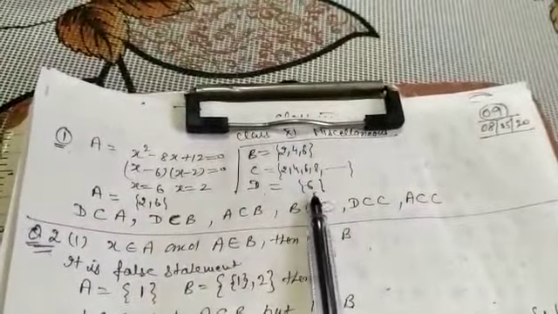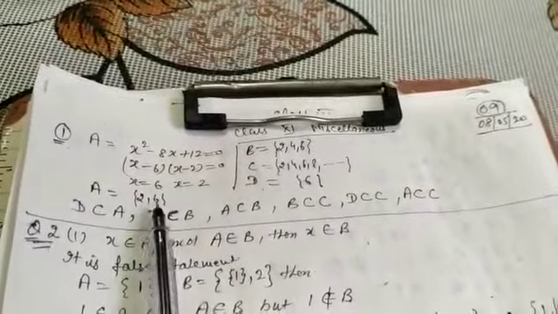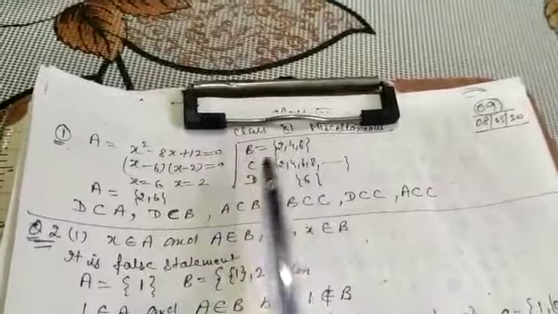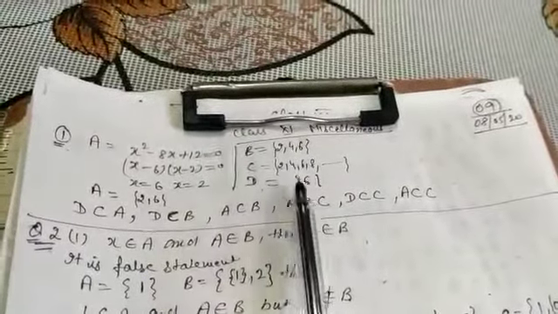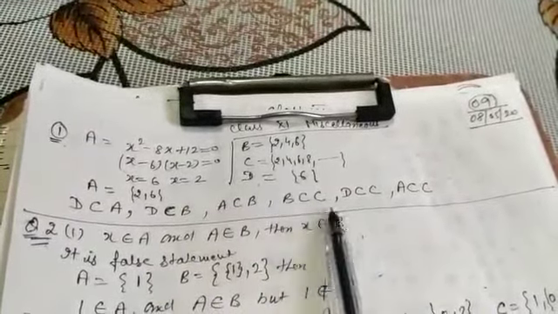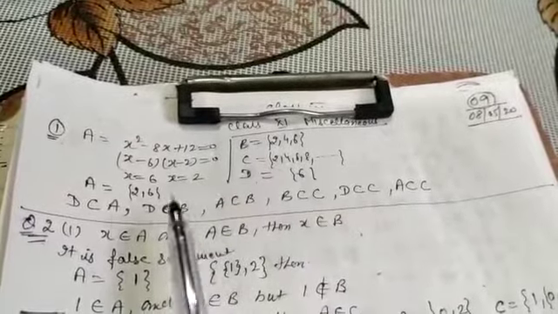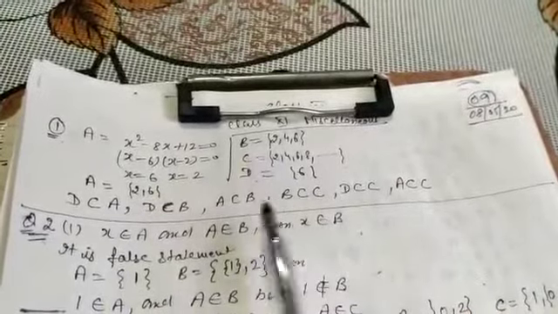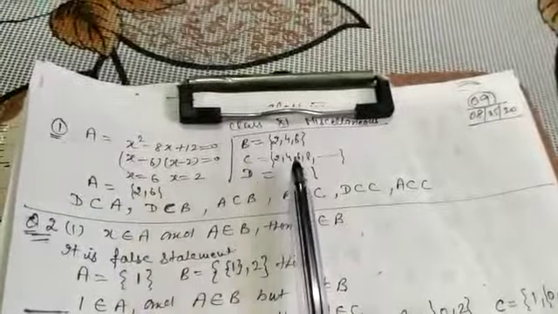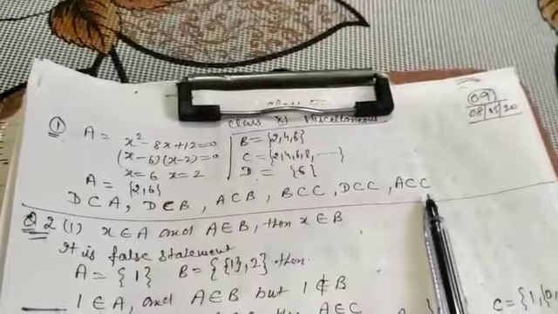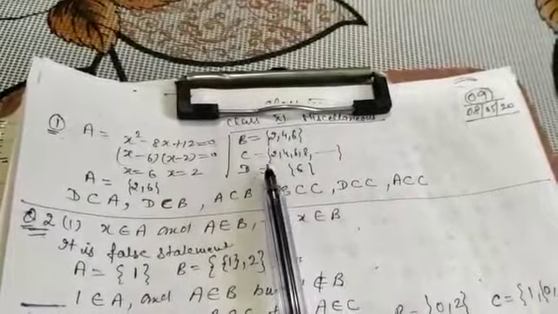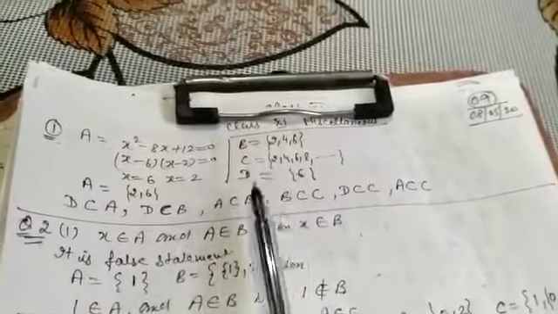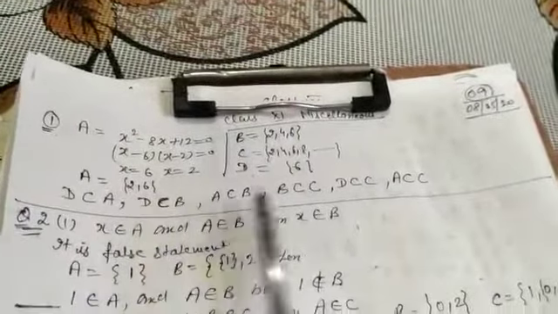If you observe, D is the element 6. 6 lies in A, so D is a subset of A. 6 also lies in B, so D is a subset of B. 6 also lies in C, so D is a subset of C also. Similarly, 2 and 6 also lie in B, so A is a subset of B. And 2 and 6 also lie in C, so A is a subset of C. And if you observe, C is the largest set, so C will not be a subset of any one. So all of the sets are subsets of A, B and D.